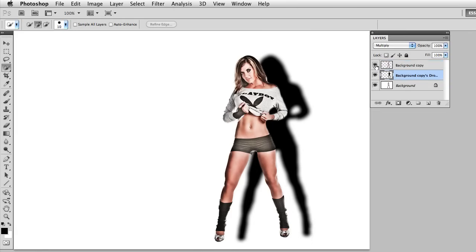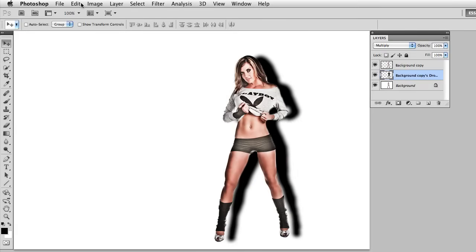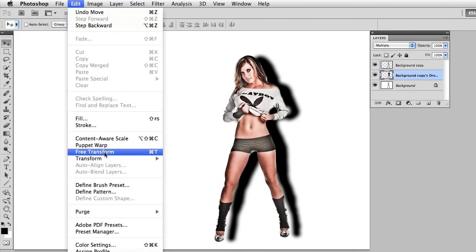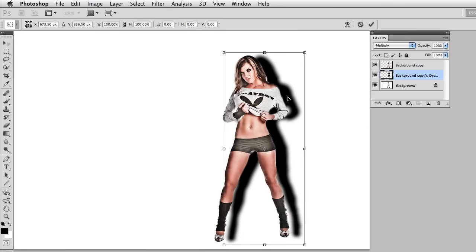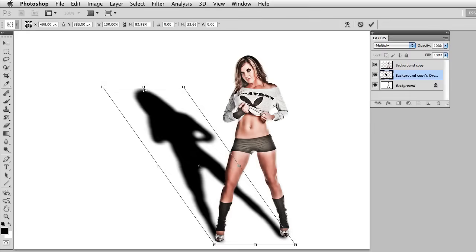So what I've done is actually separated the drop shadow. So if I hide the model, you can see there is the drop shadow peeking out. And this allows me to do a free transform on that shadow. So I'll go ahead and just kind of move it around, and I'll do Edit, Free Transform, which is Command or Control T. And now I have the ability to warp this shadow. So if I hold the Command key on a Mac or the Control key on a PC, I can actually just bend